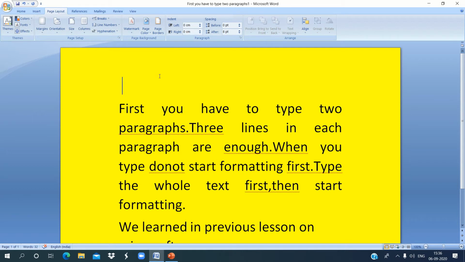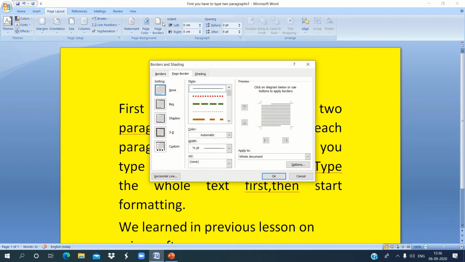Next I am going to set my page border. For that I have to click on the page layout tab. Then from the page background group, I have to click on the page borders icon. Then from this sheet, I can change the style, color and width of the border.